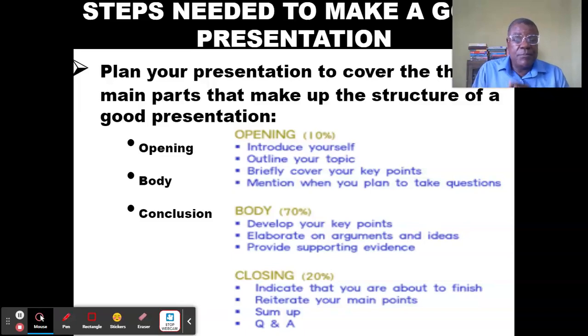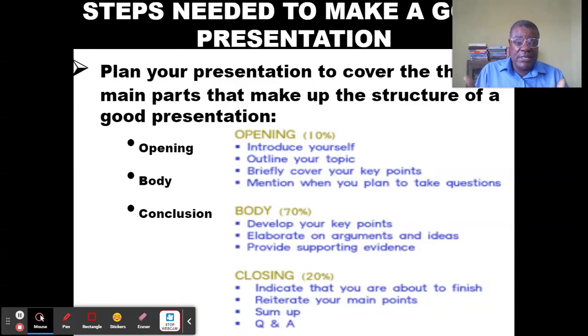Then the body of the presentation, which should take about 70%, is where you develop your key points, elaborate on arguments and ideas, and provide supporting evidence. That's basically what the presentation is about. This is where you show them everything you need to show them, discuss everything you need to discuss with them in detail. And then the closing part or the concluding part, which should take about 20%, is where you indicate